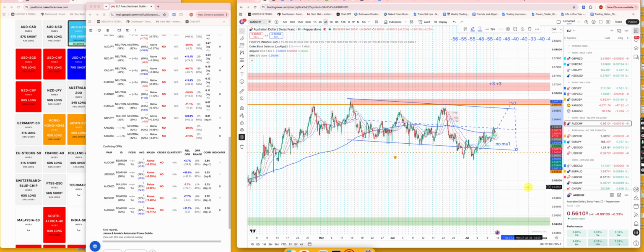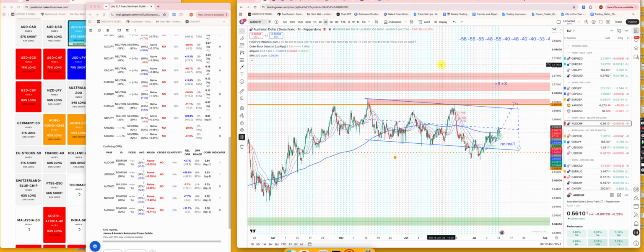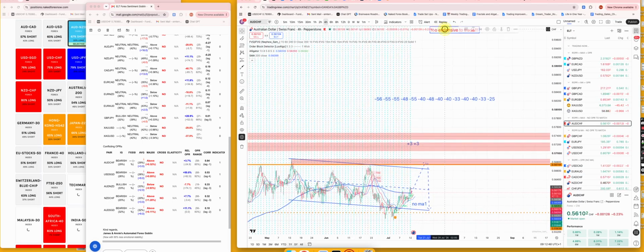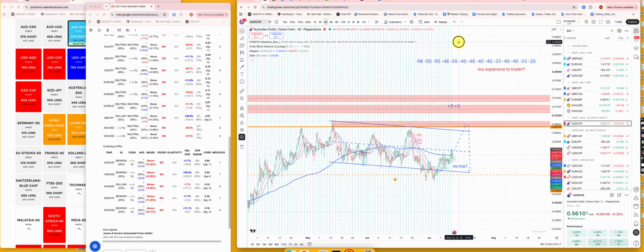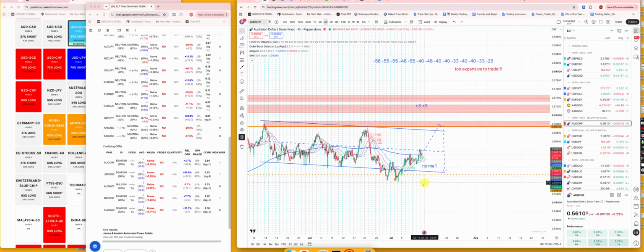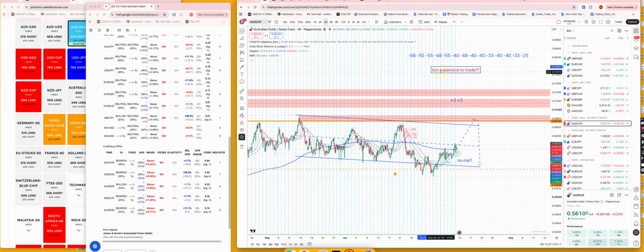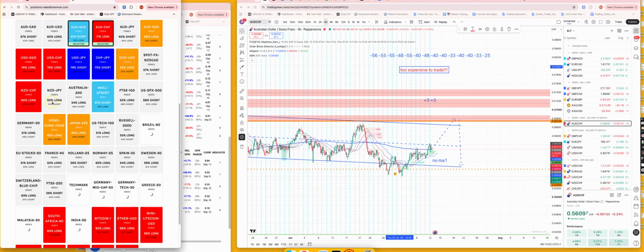Maybe at least to the bottom of the box. But, I mean, if the numbers were aligned, I might sell it up here. Potentially. But we'd need a lot more to line up on that one. And it's quite expensive to trade it with my broker. That's why I need to leave that there, just to keep reminding myself. It's quite expensive to trade if you leave it overnight, so it's got to be a pretty quick in and out for that one, and that's nowhere near that at the moment. All right,